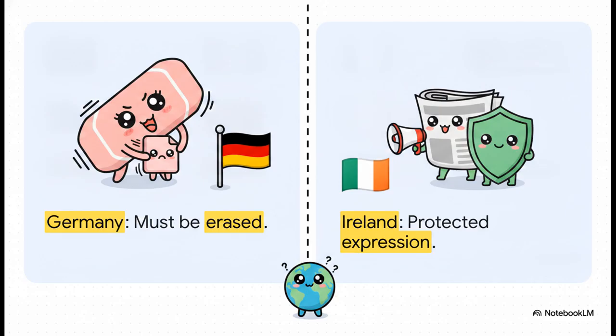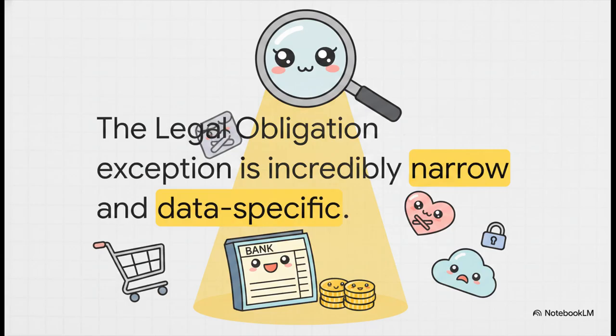exact same time. A lot of companies try to use this legal ambiguity as a loophole to just dodge erasure requests altogether, but regulators are aggressively cracking down on that. For example, yes, anti-money laundering laws might force you to keep transaction records for 7 years, but you cannot use that narrow rule as a blanket excuse to also hold on to that exact same person's behavioral marketing profile. The exception is purely, strictly data-specific.